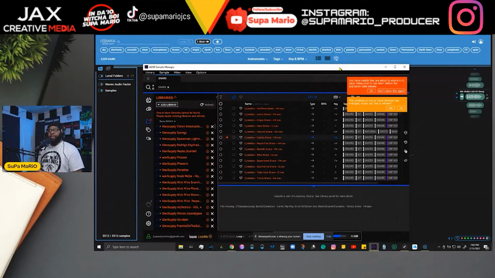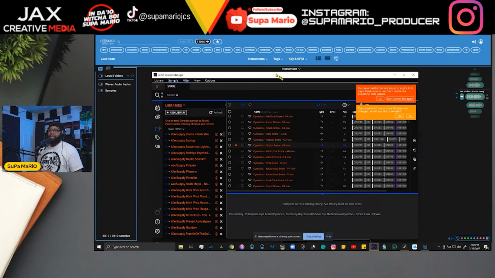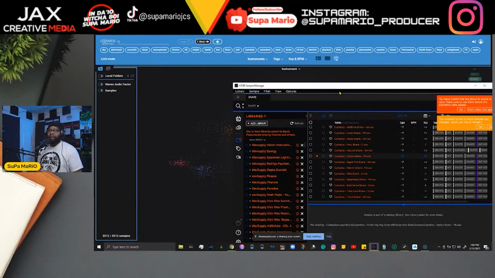and this is ADSR Sample Manager. Now you can get this for free as well, but I found that ADSR Sample Manager is a little buggy, and it takes a little while to load up sounds. And just by playing with Cosmos Sample Finder, I feel like the program responds a little bit faster finding the sounds. Of course, I don't have my big hard drive hooked up for it to read, but with just those little bit of sounds built in, it works